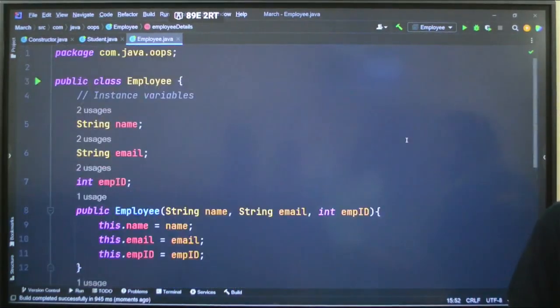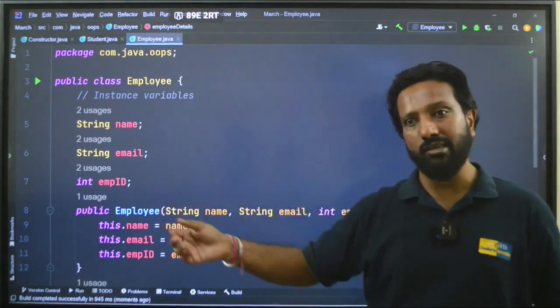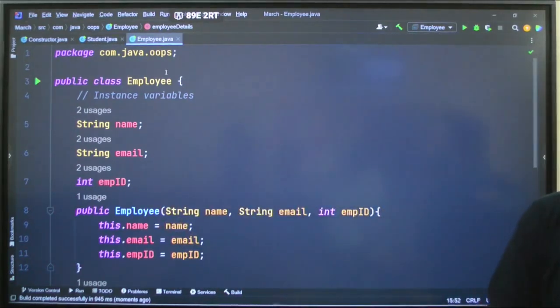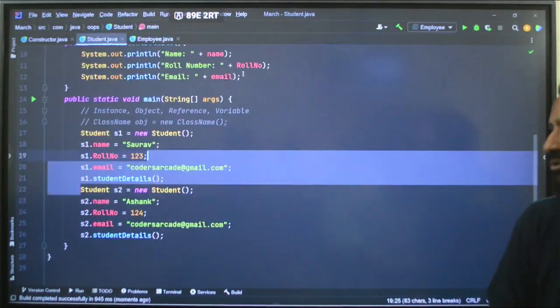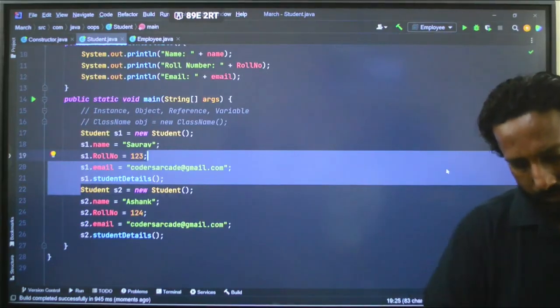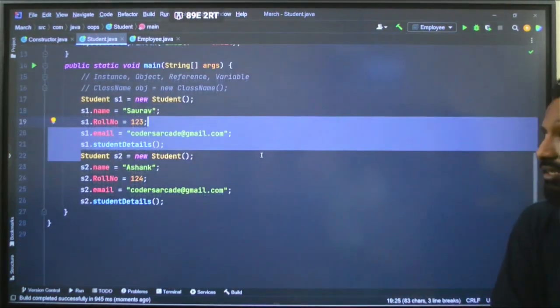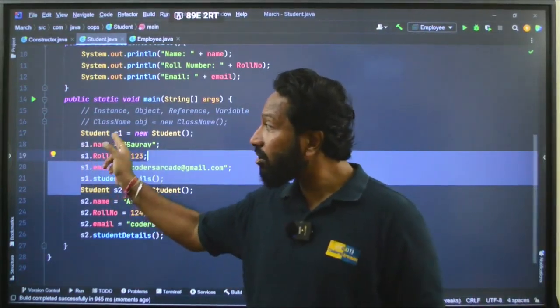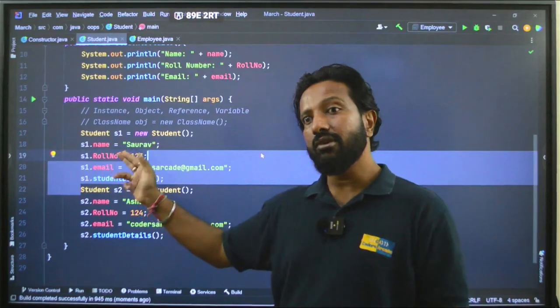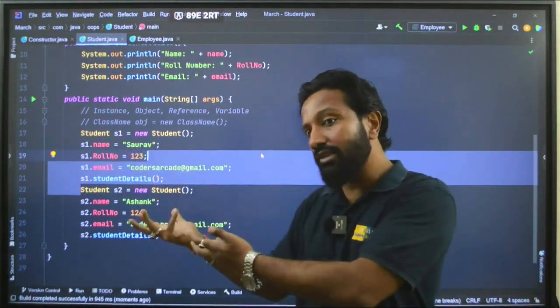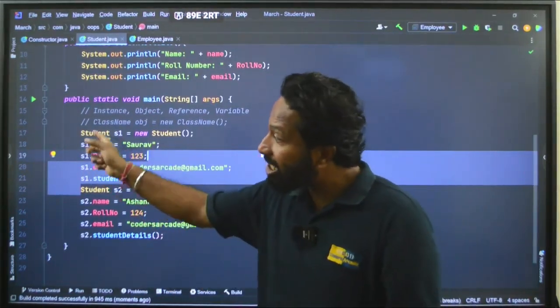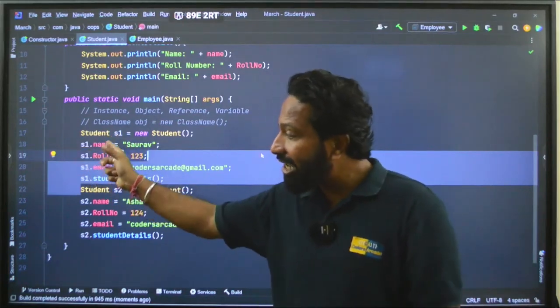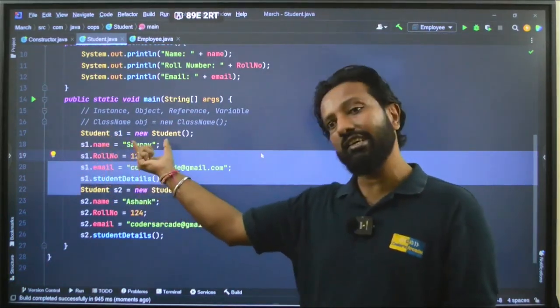Now you might be thinking, where is the this keyword even working? In the earlier one, even without the this keyword, it was working fine, right? Absolutely fine. But there you did not see one thing. Everywhere, manually taking the object, we were assigning the values. So the JVM knows that the S1 object has a name parameter which has been updated to Saurav.